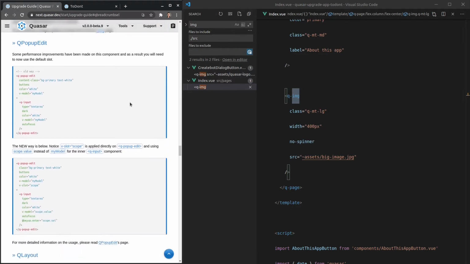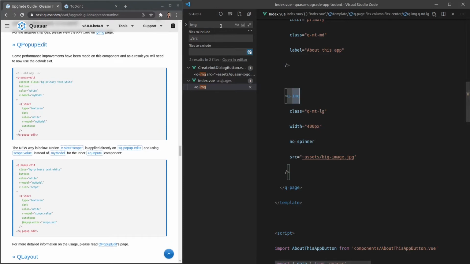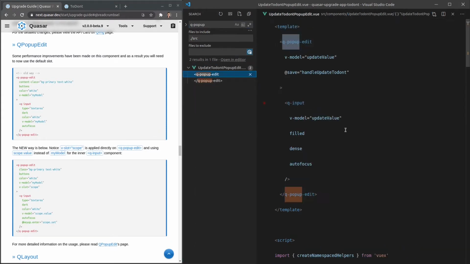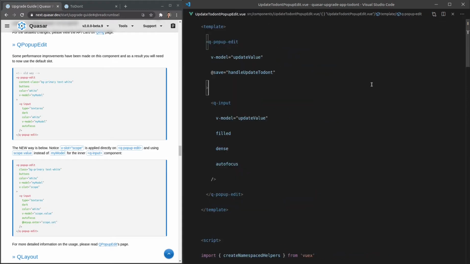Moving on, QPopupEdit. So I'm using this for sure. QPopupEdit, here we go. Let's create a bit of space here because we're going to need to spend a little bit of time fixing this one. So the update itself is actually quite simple. Notice here that v-model is modeling my model. And here we're doing the same thing. v-model is modeling my model. However, here v-model is modeling my model. And v-model here is modeling something different,